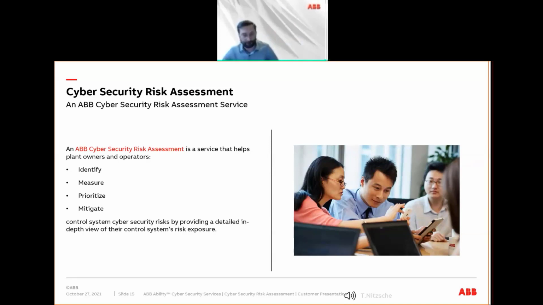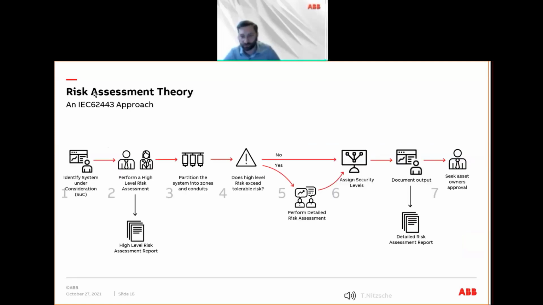Which is the next topic. Yes, and we as ABB have said for ourselves that we want to follow a global standard framework in the industry. So we focus on the risk assessment approach from the IEC 62443, which means you need to identify, measure, prioritize, and mitigate. And therefore, there are 7 steps. The first one is to identify the system under consideration together with the customer, meaning defining the